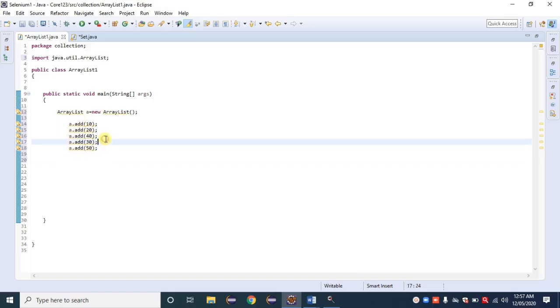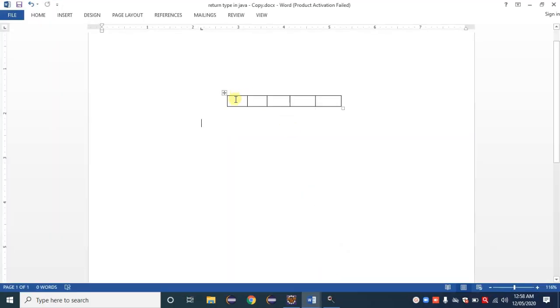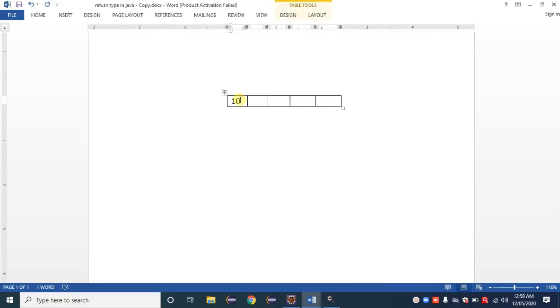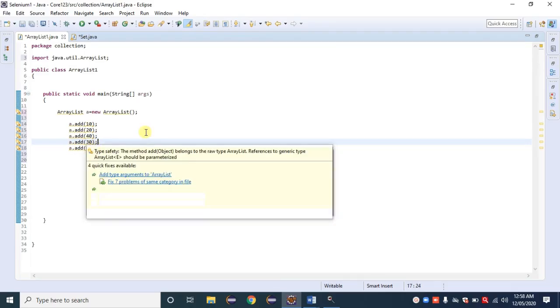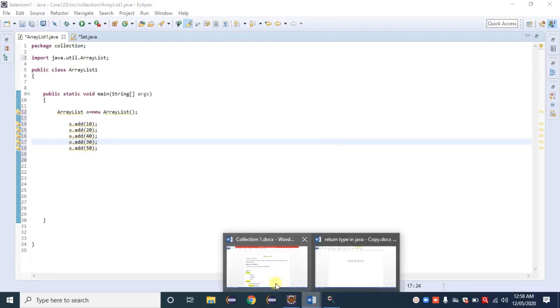So what happens inside memory? Inside memory, such a kind of array is created and each value is stored: 10, 20, 40, 30, 50, as per the given sequence, with their respective index.